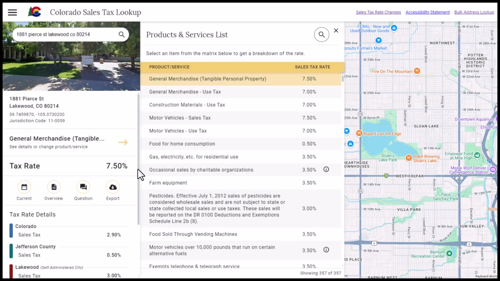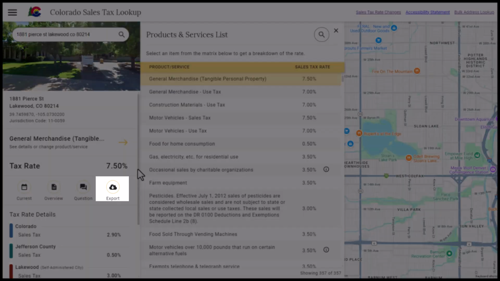This feature may be useful if you are amending a return or if you need to collect information about tax rates from prior periods. Please note that you are required to maintain documents verifying the tax rate you used was obtained through the GIS for a minimum of 3 years.